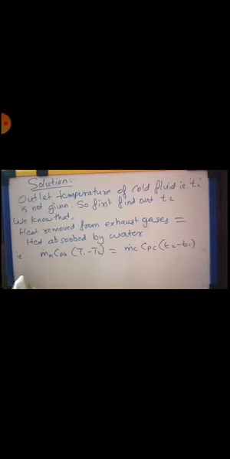Okay, substituting the values: m dot h is 1000 divided by 3600, into 1.1, into 450 minus 170, is equal to 1600 divided by 3600, into 4.187, the CPC, into t2, which is not given, minus t1, which is given as 15 degrees. The 3600 can be cut down on both sides, and we get t2 minus t1 equal to